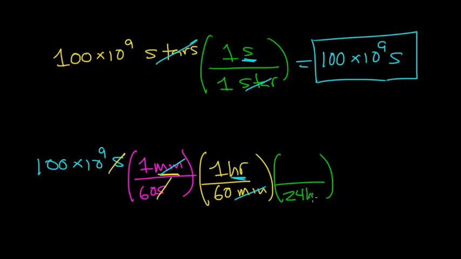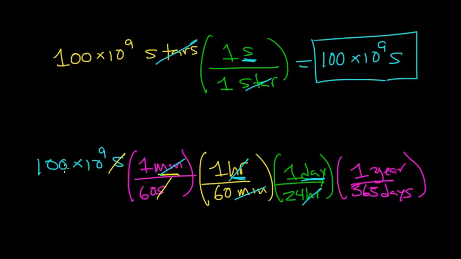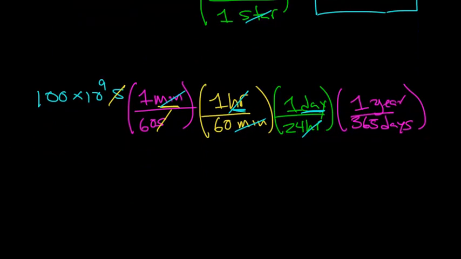In 1 day, there are 24 hours. Again, notice that this unit of hour cancels out with this unit of hour. We're left with units of days. And now, the last thing that you should know is that there are 365 days in 1 year. So 365 days per 1 year. Now what we're going to do is basically take 100 billion and divide it by 60 times 60 times 24 times 365, and that will give us the time required to count up all the stars in Earth years. And when you do this, the number that you should get is equal to